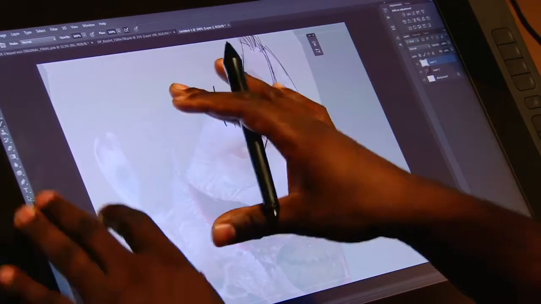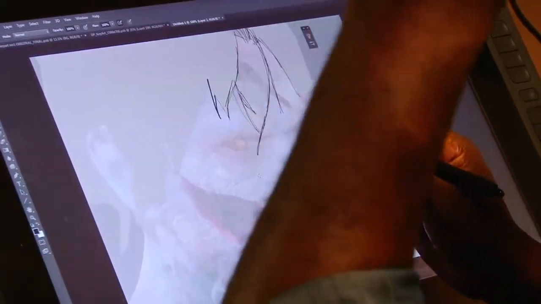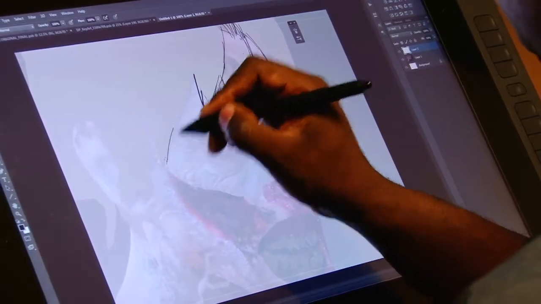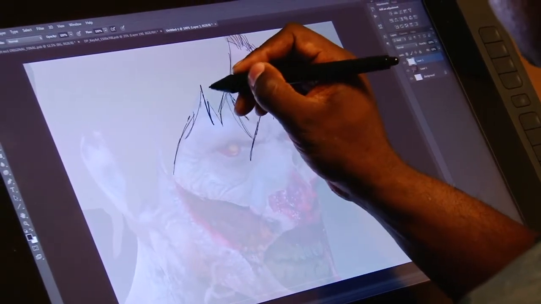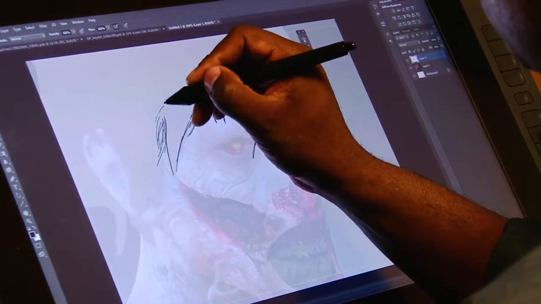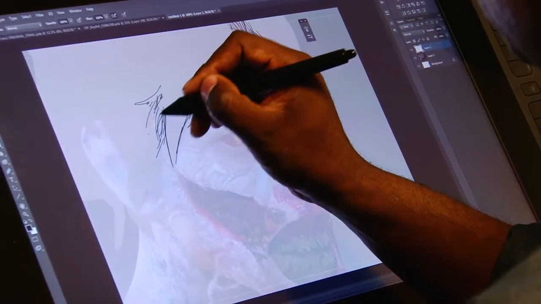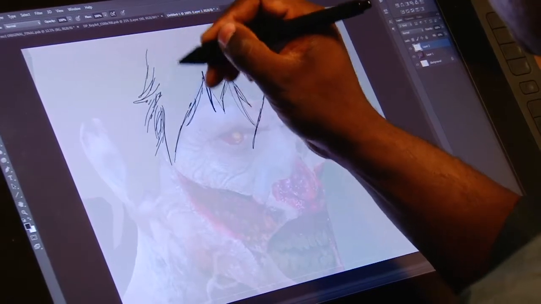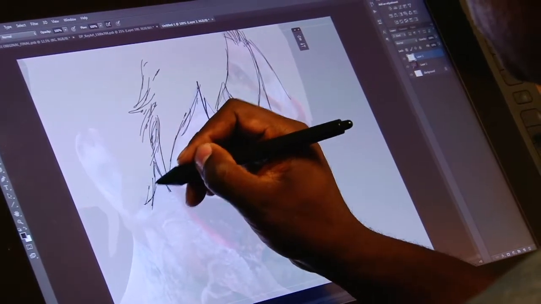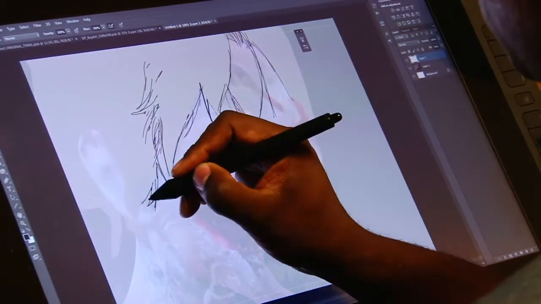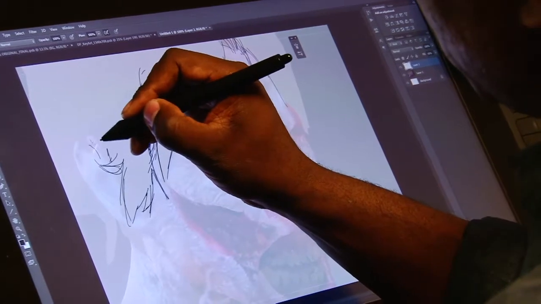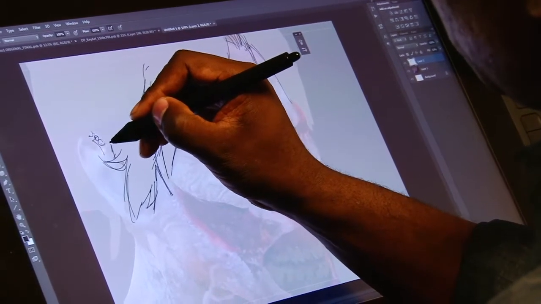Because ultimately, this guy is going to have matted blood and vomit in his hair. It'll be wet and textural in certain places. So I'll go in here with this, and I'll start mangling it up and indicate where his hair gets messy. I'll just do these real quick, loose sketches in here, and what these will do is give me a little roadmap of where I'm going to come back to this guy later. And then I'll indicate where blood is going to splatter on